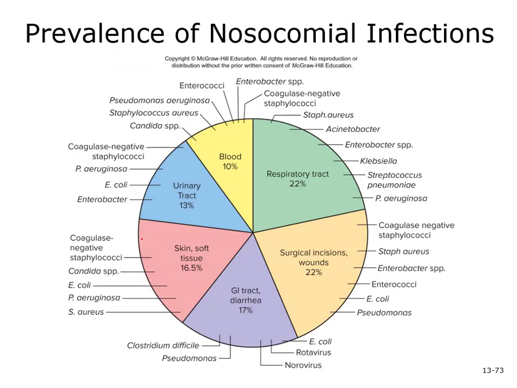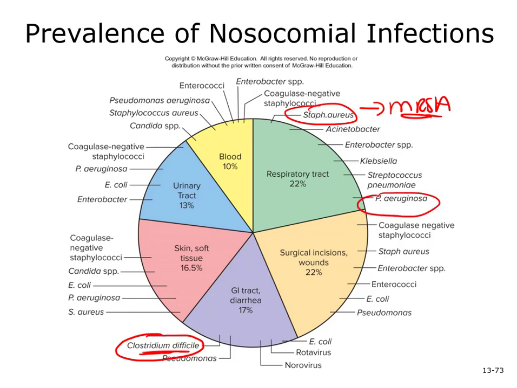This table shows you some of the classic examples. Some of the biggest ones, of course, you're going to see Staph aureus or methicillin-resistant Staph aureus, which is a hospital-associated infection. The other one that you will see a lot is Clostridium difficile, which is associated with broad-spectrum antibiotic use. This is a very common hospital-associated infection. You'll also see something called Pseudomonas aeruginosa. Pseudomonas is extremely highly resistant. They even did a recent study. They found this bacteria was living inside of soap dispensers that had soap in it. It was just chilling in there.